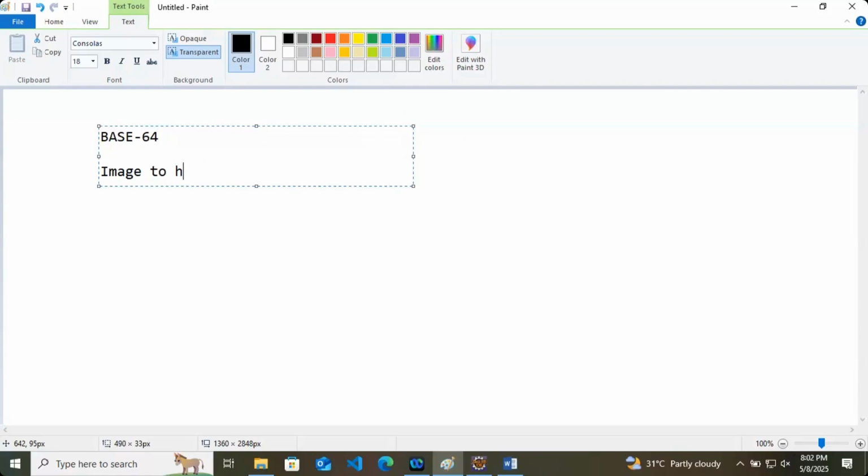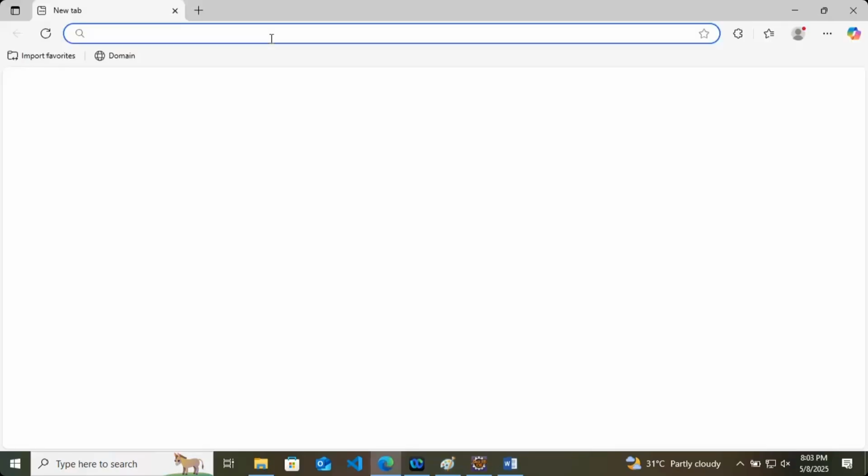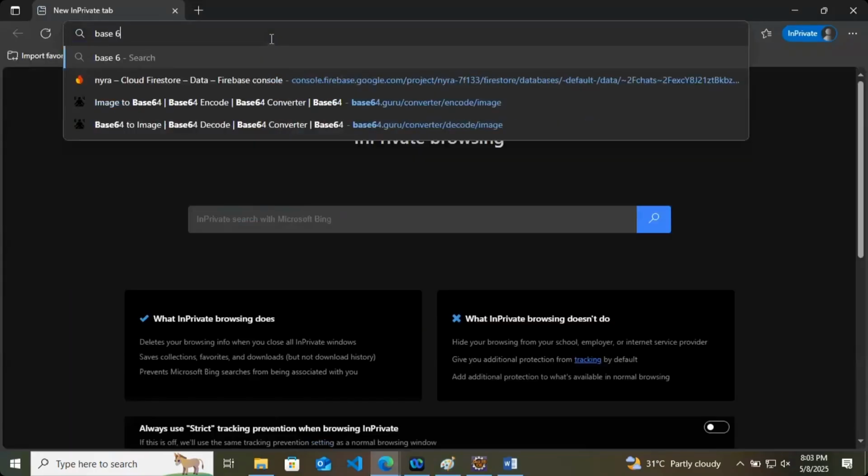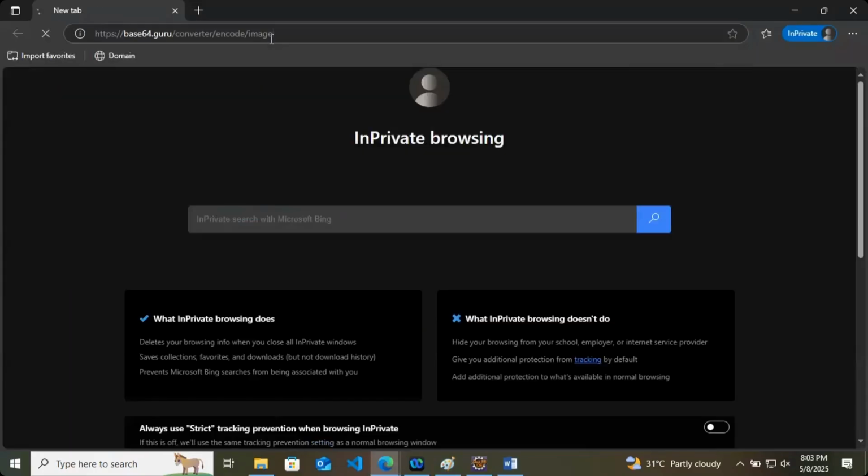So base 64 is a method of converting images to text in simple terms, and the reverse is also possible, means vice versa is also possible. Text to image, image to text, both you can do. There is no problem. One example also I have shown you: go to your browser and search base 64 converter.